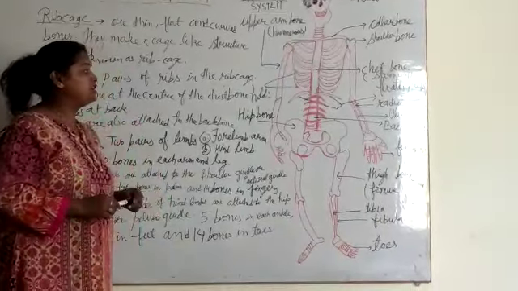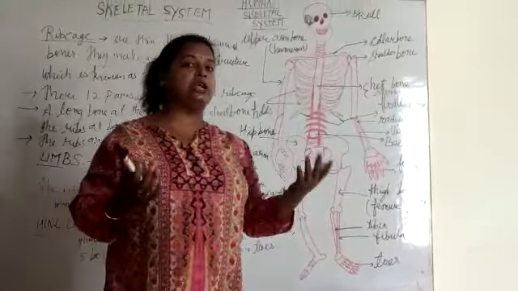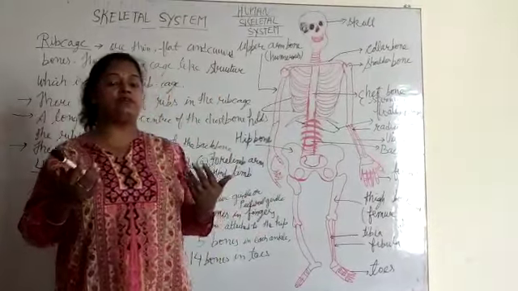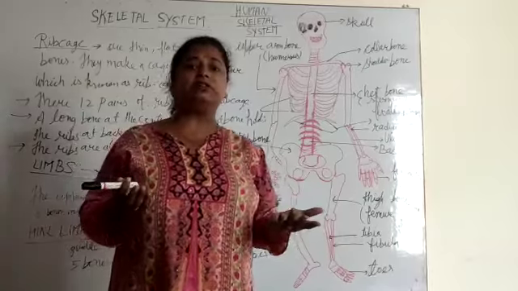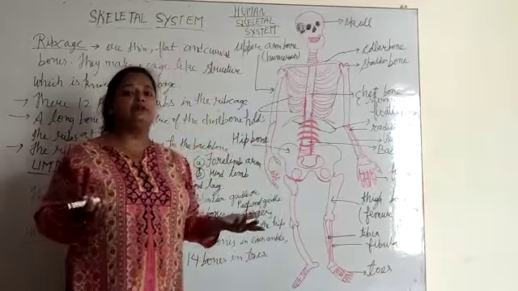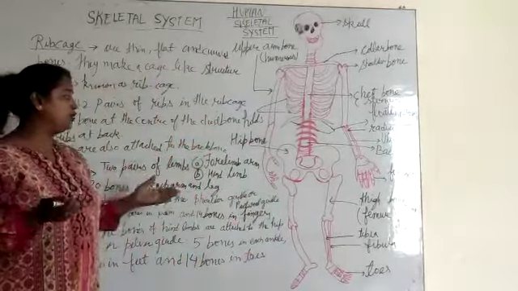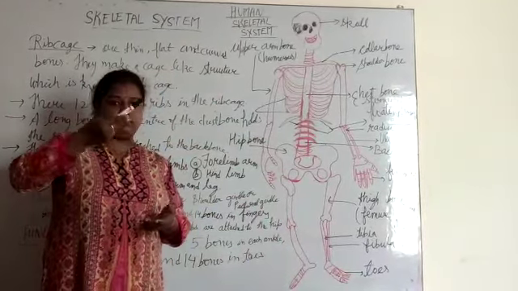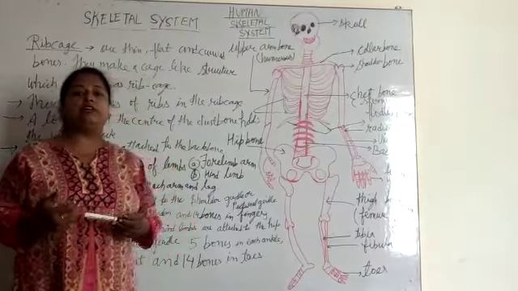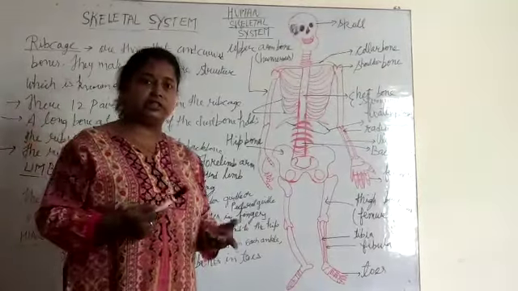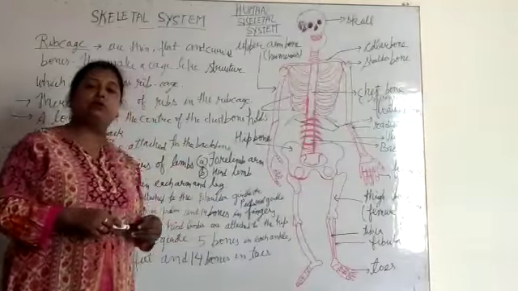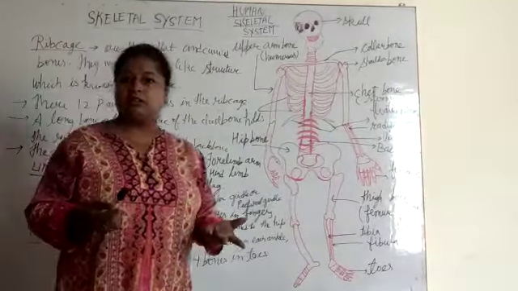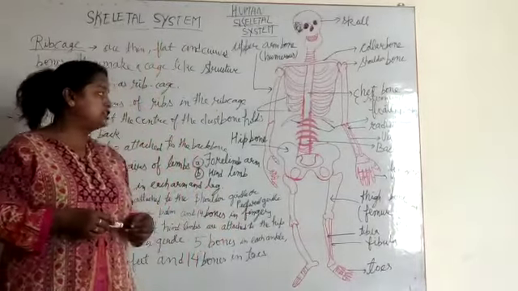So this is your class. And what are the main functions of the bones? They give shape, support, and smartness to your body. You can easily do any kind of walking, sitting, running, any exercise. You can do any work, and with the help of your forelimbs you can write, pull any object, lift any object, and with the help of legs you can run, walk, and all these things. Clear? Bones give smartness and support to your body, and with the help of muscles you can do movement. Clear? So that's all for today's part.